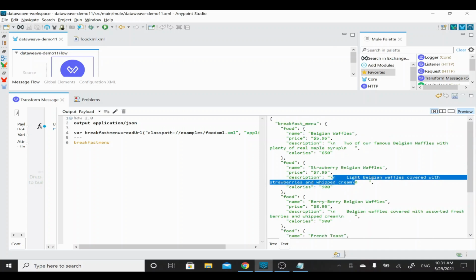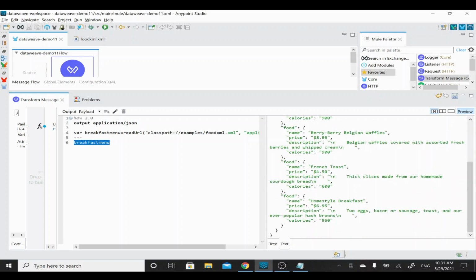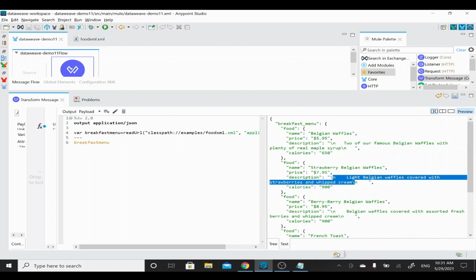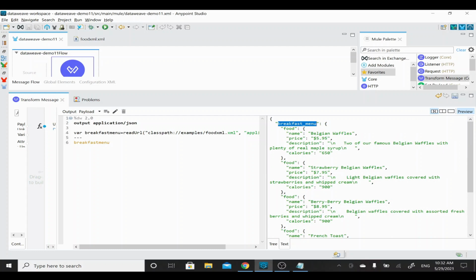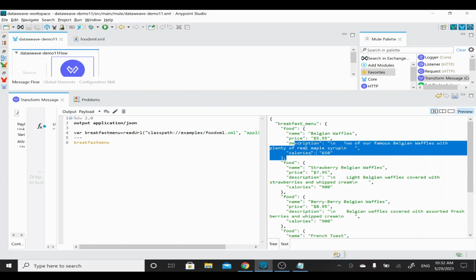So now if I wanted to work with this particular data, I wanted to convert, then what I'll do, I have to use some kind of syntax. So this is my payload, right? For example, I just wanted to check this particular one has this field. Okay, so for example, this is a key. So name is a key, price is a key, description is a key, breakfast menu is a key, and food is a key, right? So now if I wanted to check all the fields, any kind of validation I wanted to apply on any kind of this payload, right? It could be at this level or this level or field level, anything, right? Then how to do that?